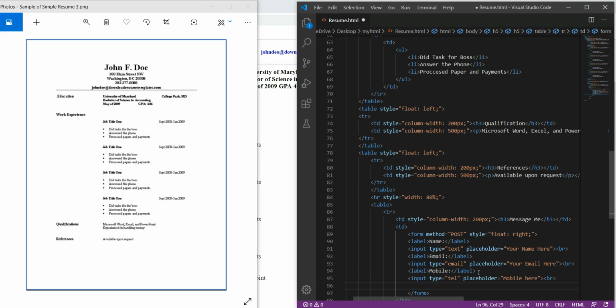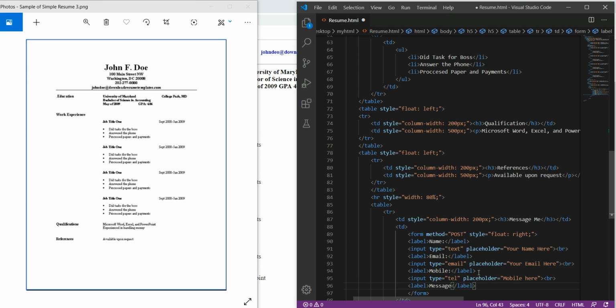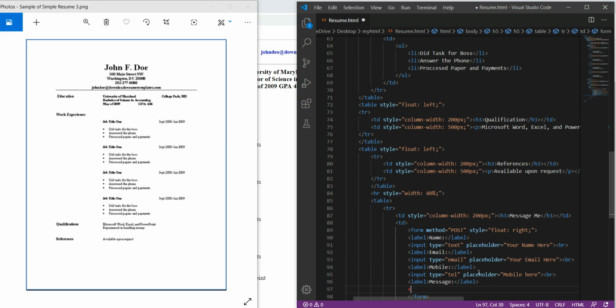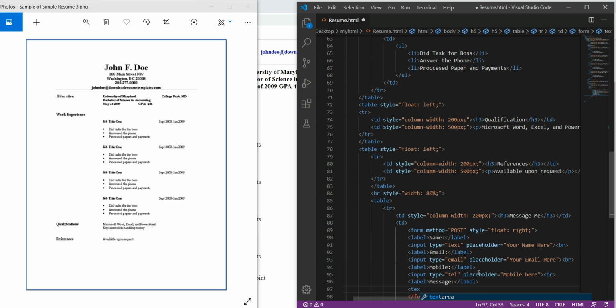In the next line I would like to create a label, and I just wanted to give message, to allow him to enter the message, and here I want to give him an area where he can type the message.